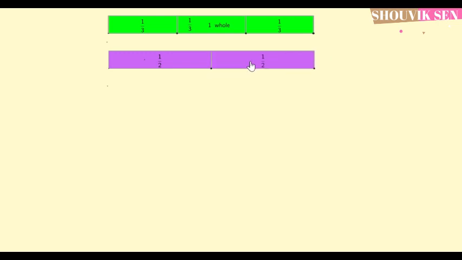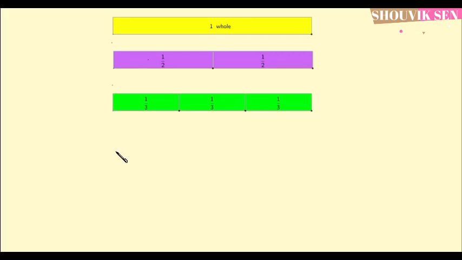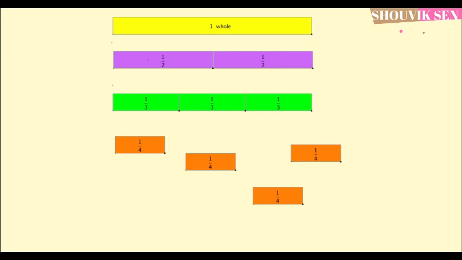It is equivalent, as you can see. 2 halves, why? Because the denominator is 2. The number which is written on top is called the numerator, and that number we are keeping as 1. Then this kind of fractions are called unit fractions, and now we are introducing unit fractions for the 1/4 part. And let us see what 1/4 does.